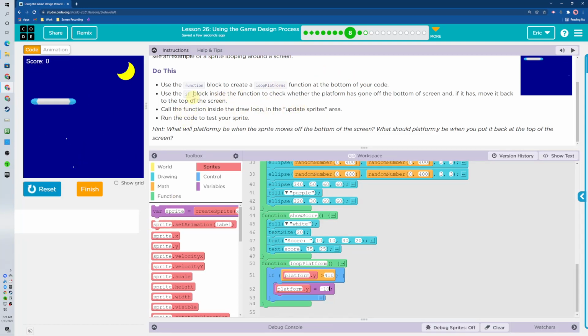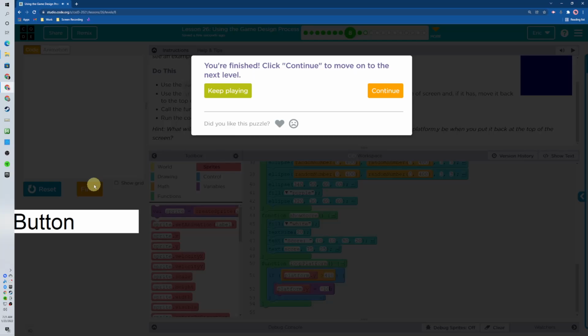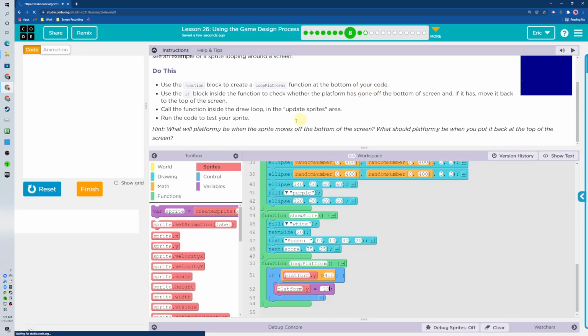Call it inside of the draw loop, run to see if our code works. I should speed that up. Yep, we're going. There we go. Let's get to the next one. All right. Now we got